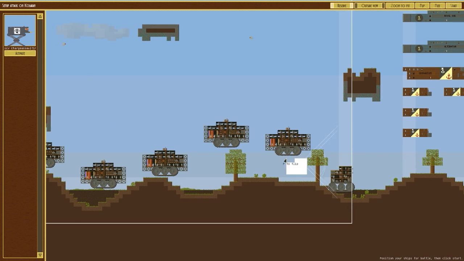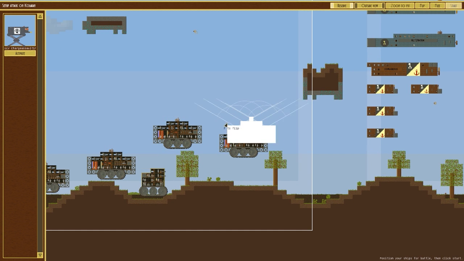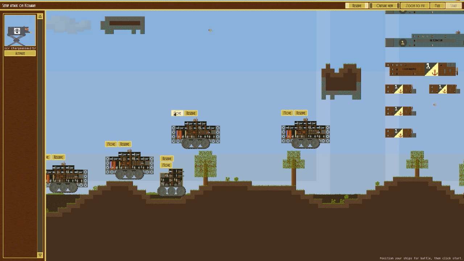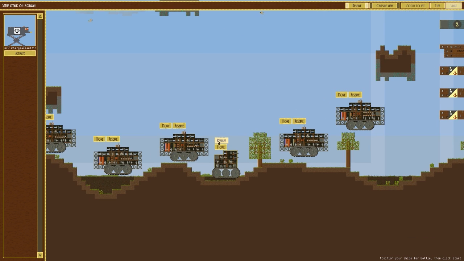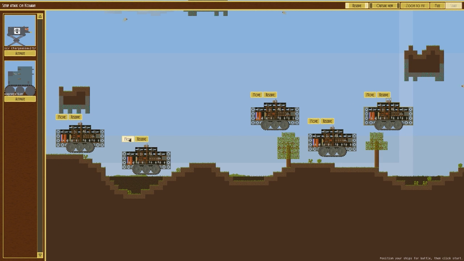So we're going to move our little ship to the back. Actually, we can't. Well, we can move it to there. We're going to move the flak bus to the front. Move this other one to the front. Let's put that in reserve, actually. We want to sort of spread these out. I don't really care that they're overlapping, because all that's going to happen is that they will...